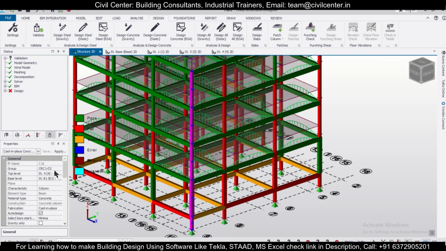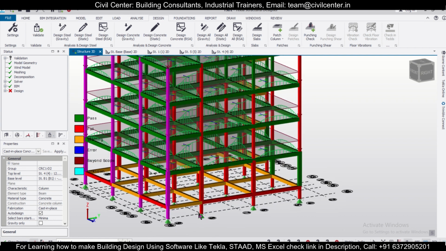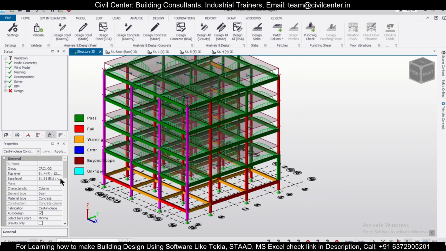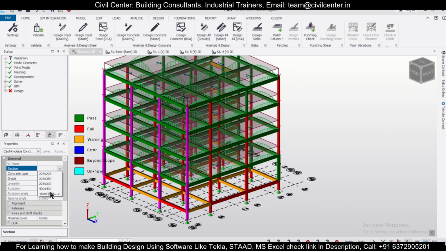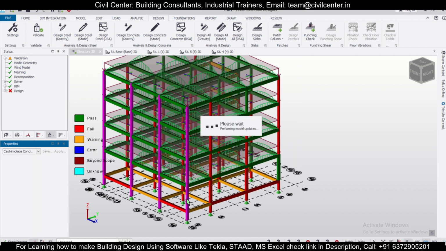So let's select this column, and this will give an idea of how much, because spacing is almost uniform here. So we'll select all these columns here, and all these four columns here, and increase this section to 225 into, let's say, 300.